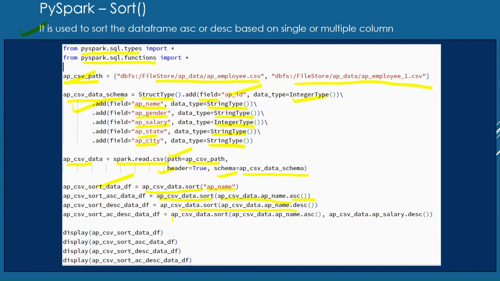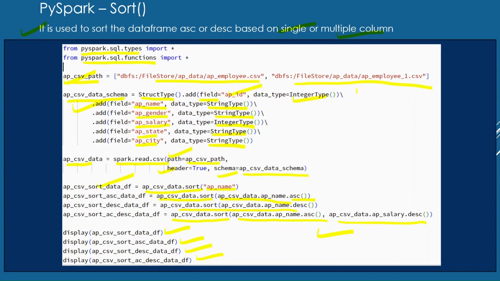Here you can see we are sorting AP name in ascending order and AP salary in descending order. Here we can see we can sort based on a single column as well as multiple columns. The last one is the example of sorting based on multiple columns, and here we are just displaying the content of the data frame with the help of the display function.